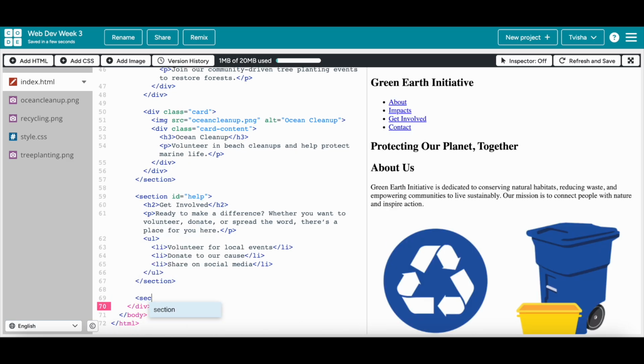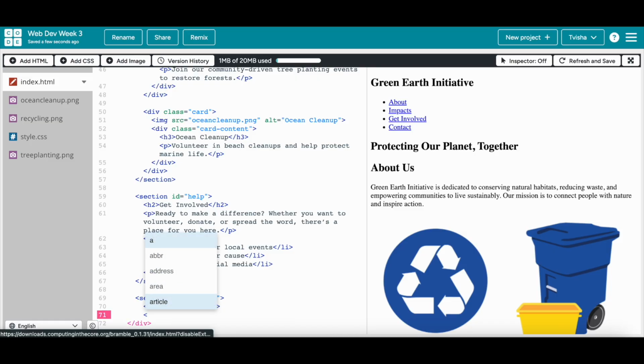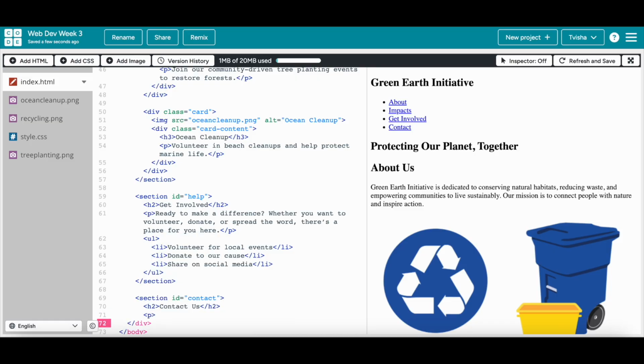Now let's create our final section, the contact section. Set the ID to contact. Let's title our section Contact Us. Let's first include an email. Use P tags and type email: